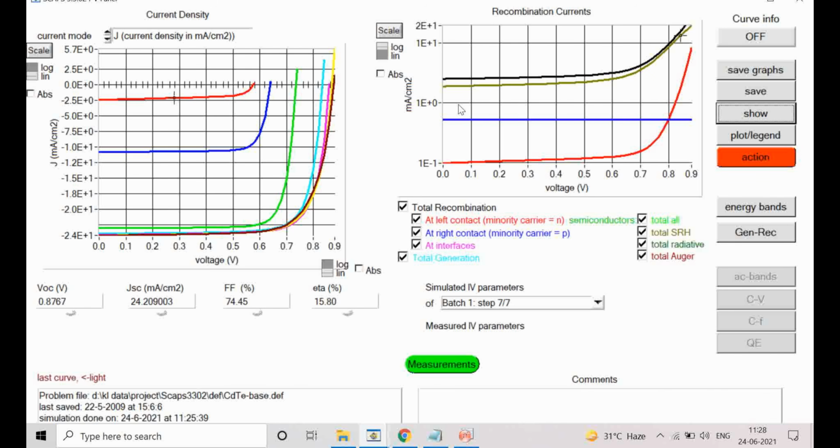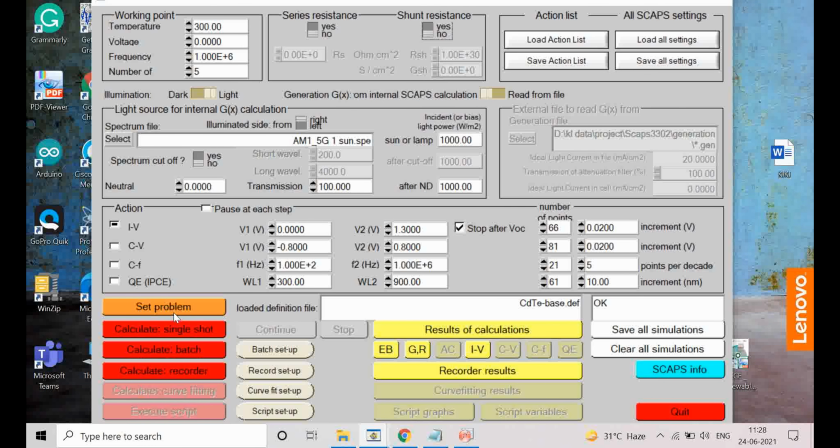After that, now I will go to the important point, the device configuration. This IV curve I have taken in the light condition. You can take it in dark condition also, and it will show, but the current will not be there. Okay, so that is the point, no problem.